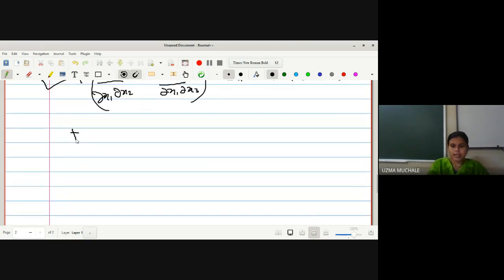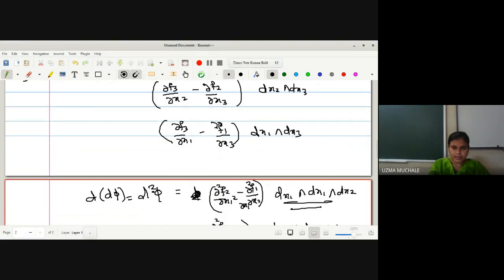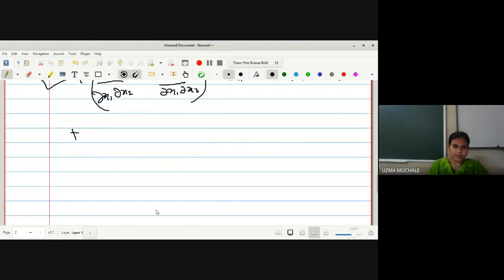ओके, what is there in the last term? Let us check. Here it is x1 x3, right? So wedge product with x1 and x3 will be 0, so we will remain with x2. So इसको हमने partial derivative with respect to x2 we have to write, and here dx2 wedge product with dx1 wedge product with dx. Okay, if anyone having a doubt you can ask. No doubt, the detailed proof is available in your notes, whatever I have shared you on your Google Classroom itself.